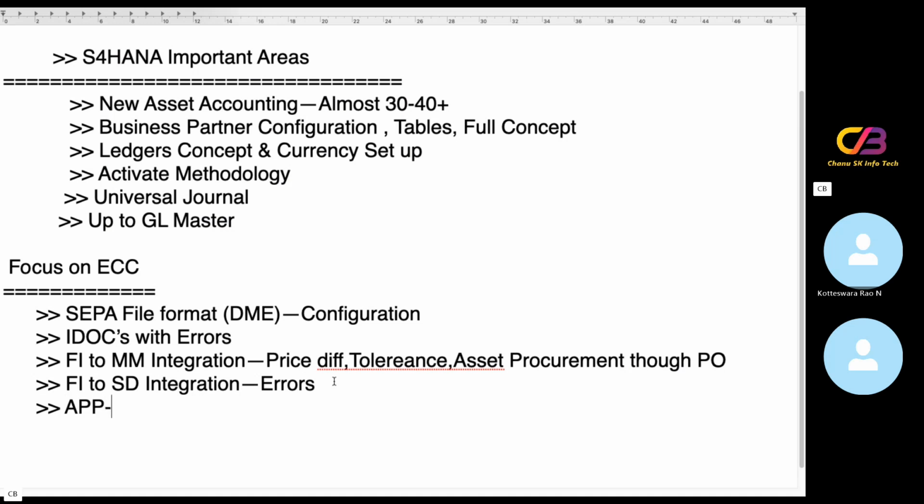Then focus on automated payment program. So 20 plus scenarios I shared along with solutions. Out of that 20 plus, you prepare at least 10 questions, 10 scenarios. Okay, and